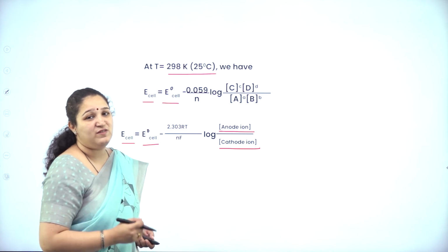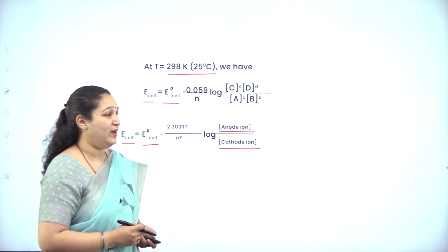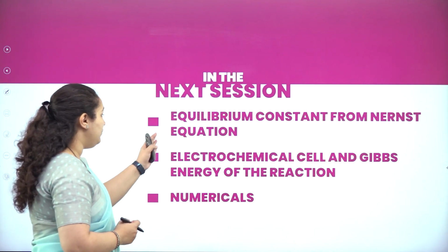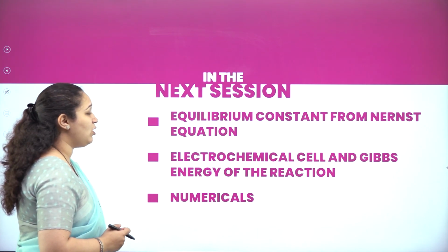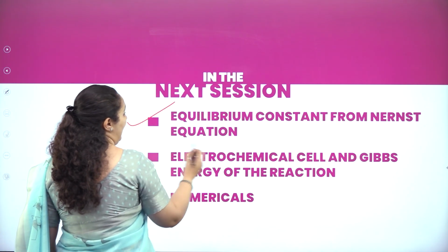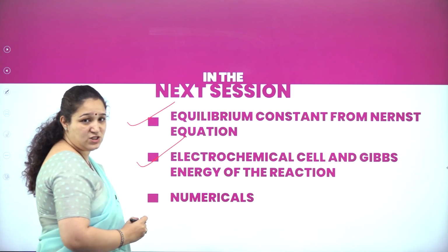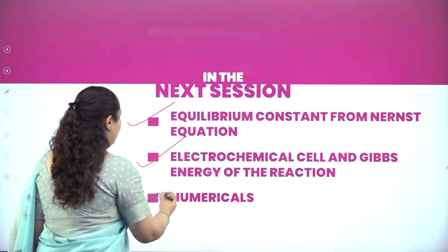Numericals based on this we shall do in the next class. In the coming class, we'll be learning about the equilibrium constant from the Nernst equation, the electrochemical cell and Gibbs free energy of the reaction. Also, we will do some